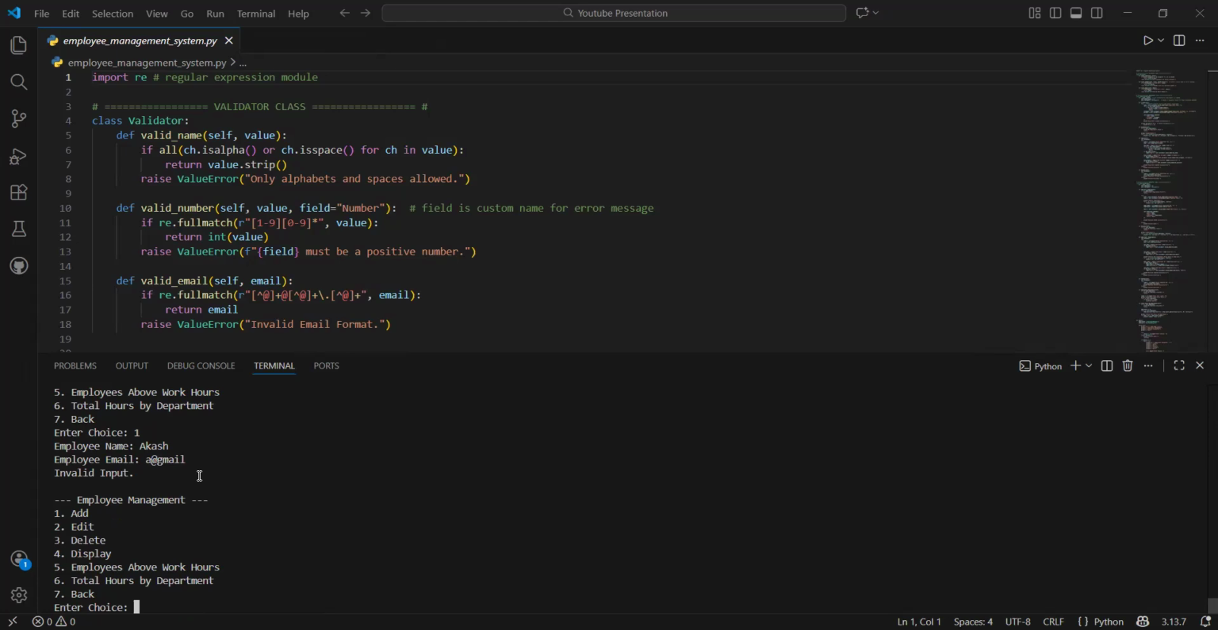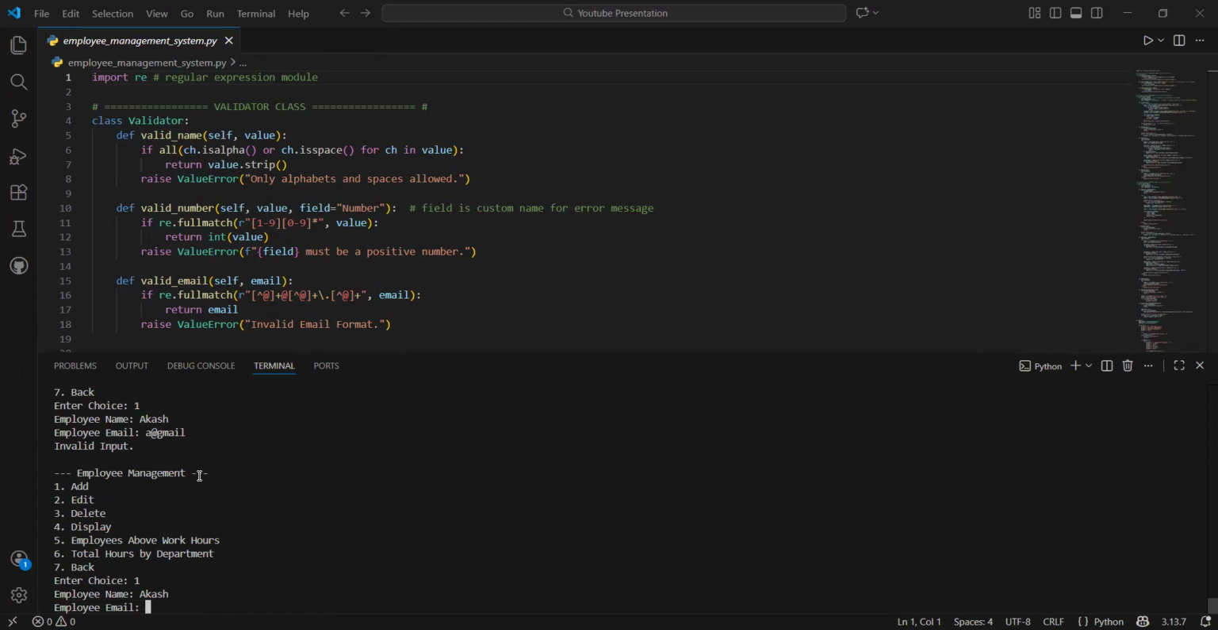Okay. Now I will give the email in the right way. Then it will be added successfully. I am giving 1. Then I am giving name as Akash. I am giving email a@gmail.com. It is in the correct format. Let's see. It asks for department. I am giving